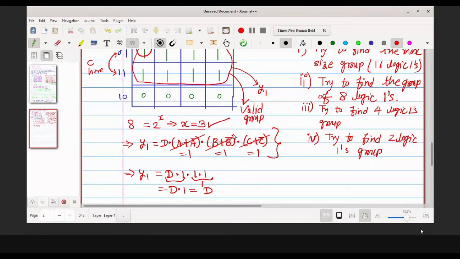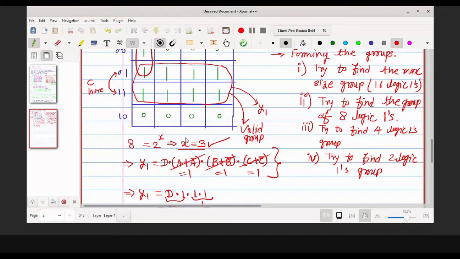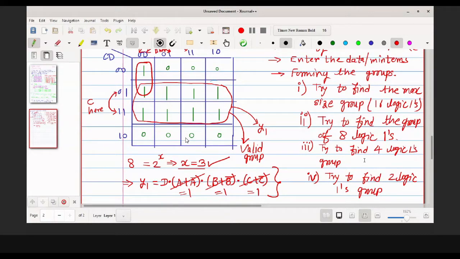And we are going to a graphical method or map method. This particular K-map method is a graphical method, also called simply the map method. So by looking at the graph or the chart, we need to come up with the solution directly. So now let us look at my next remaining group.